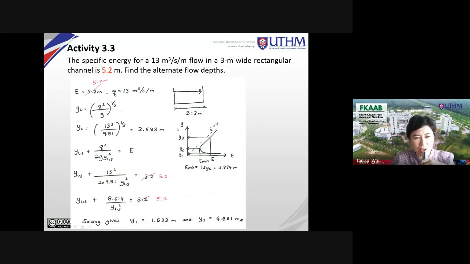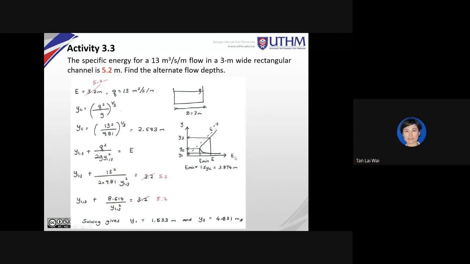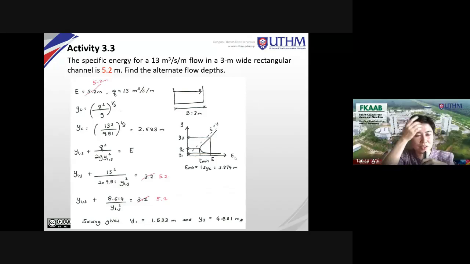Now, this is how I show it. For me, sometimes I like to visualize my answer, so I'll draw this out. You need to understand this E-y curve, because you'll be tested on this. So try to understand this. For example, if you look at this